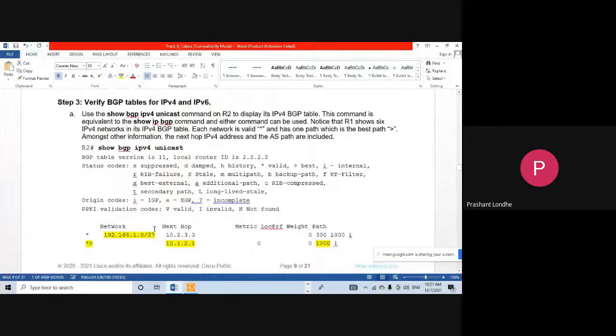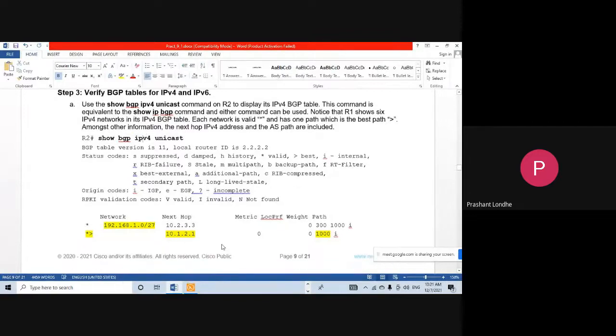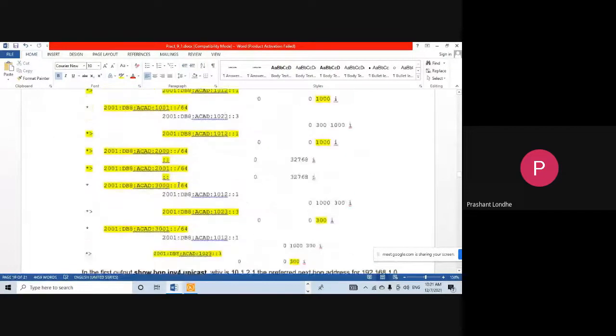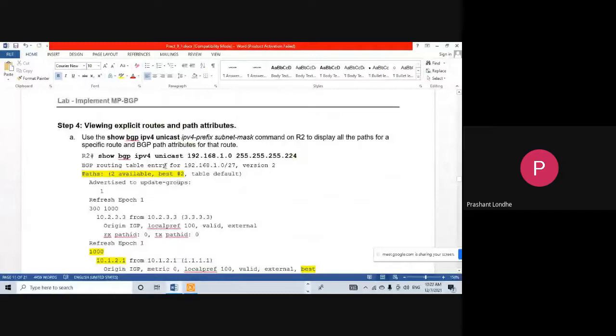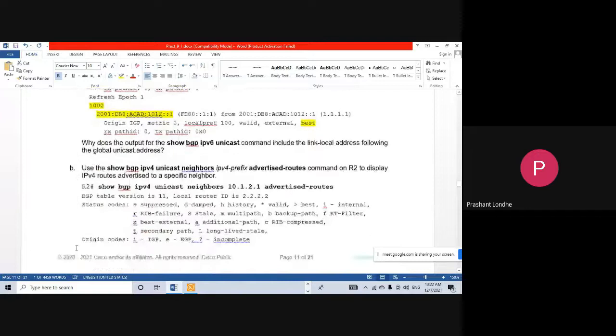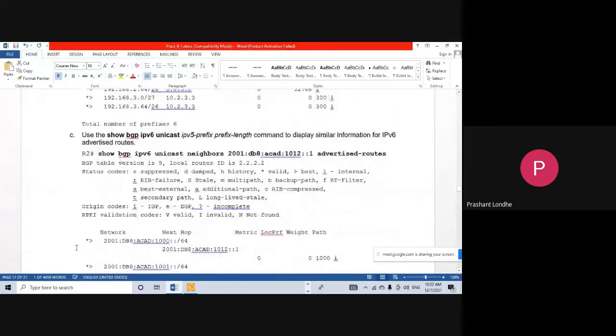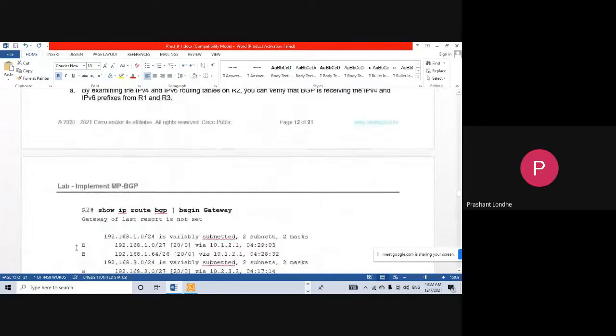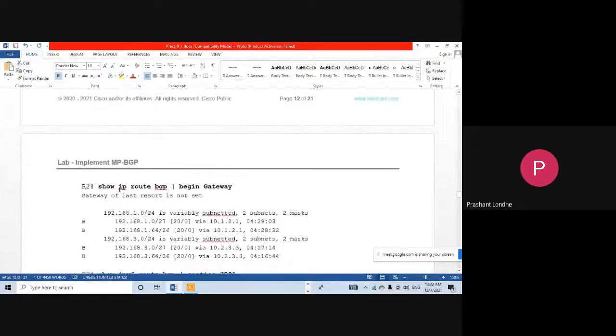Also, the unicast table will be displayed with the help of show bgp ipv4 unicast and ipv6 unicast. Also, you can find out a particular neighbor or particular table by passing a particular IP address. And you can display the command for all the nodes also. It's up to you how you want to display or retrieve the information.